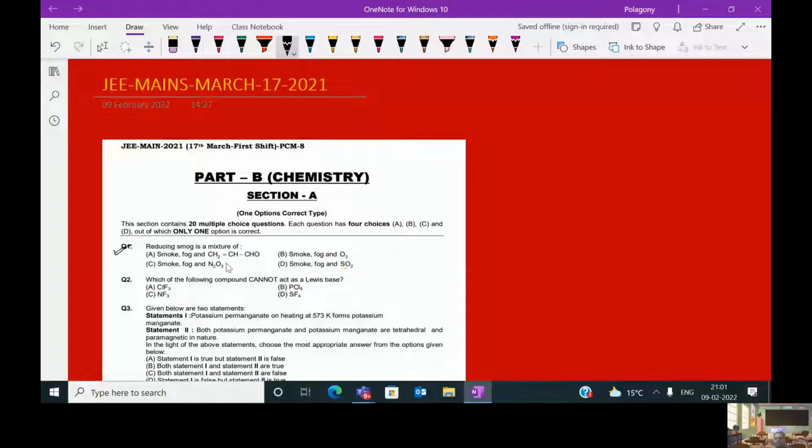In this SO2, the sulfur oxidation state is +4, and when it undergoes further oxidation, the oxidation state can change to +6. So that means sulfur has the ability to lose electrons. How many electrons can it lose? 2 electrons. That means it can reduce